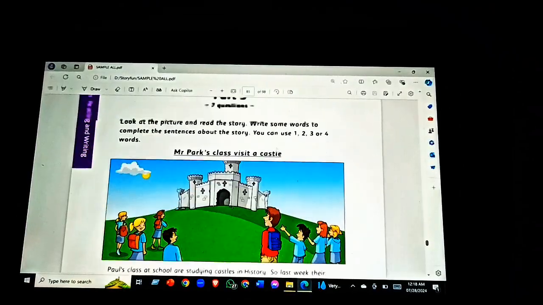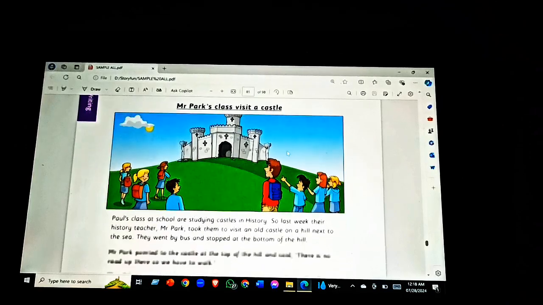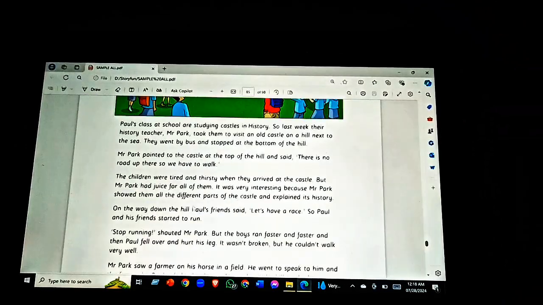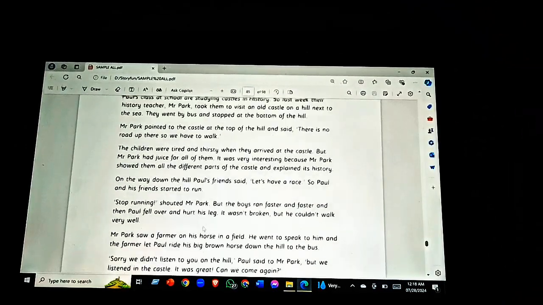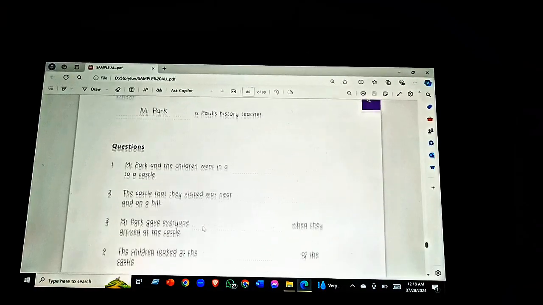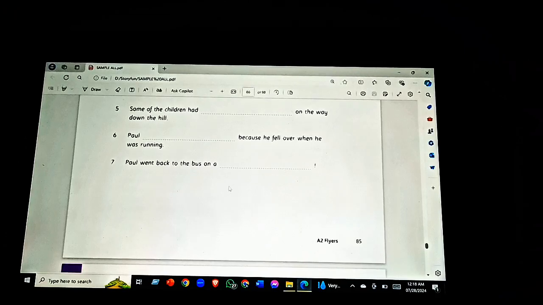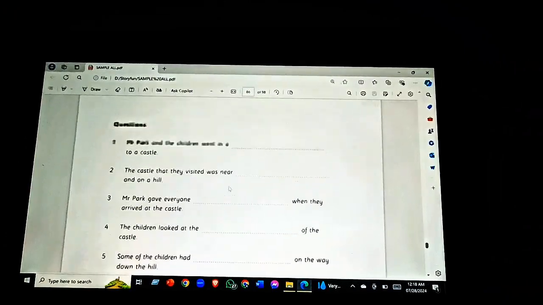So you can see the title. This is Mr. Park's class visit a castle. There's a beautiful picture. There is a good story. So you have to read the story. You have to understand the story. And then you are seeing there are 7 questions, basically 7 gaps. So what you have to do,